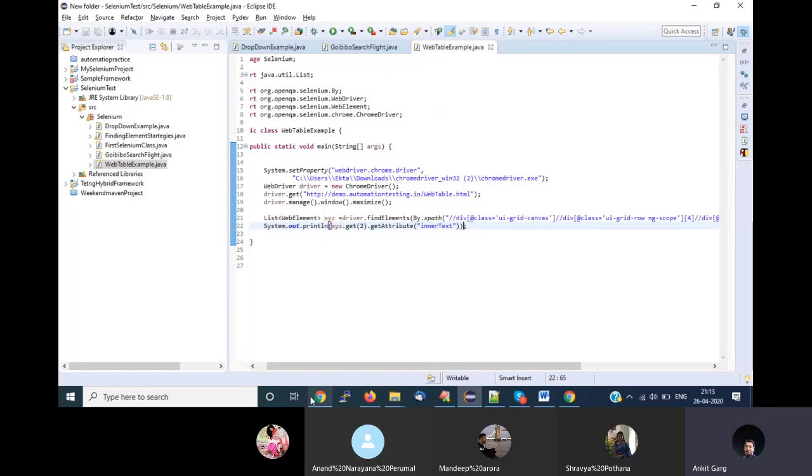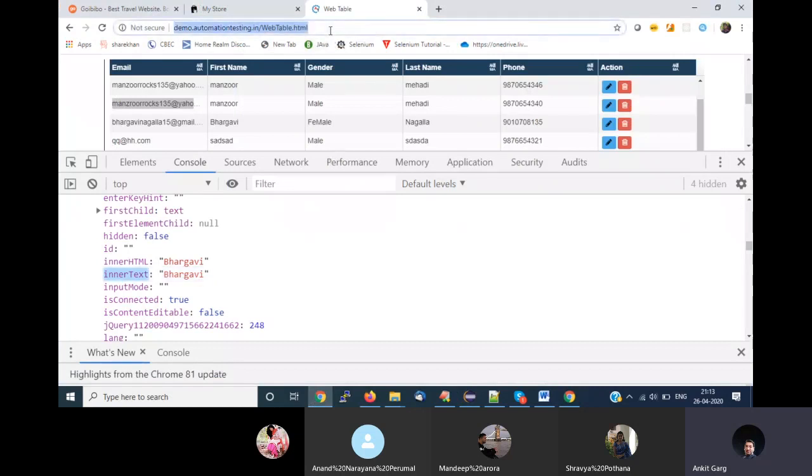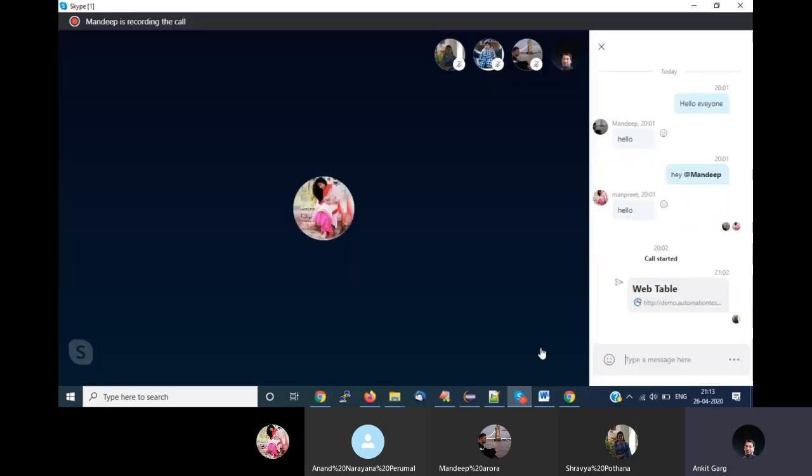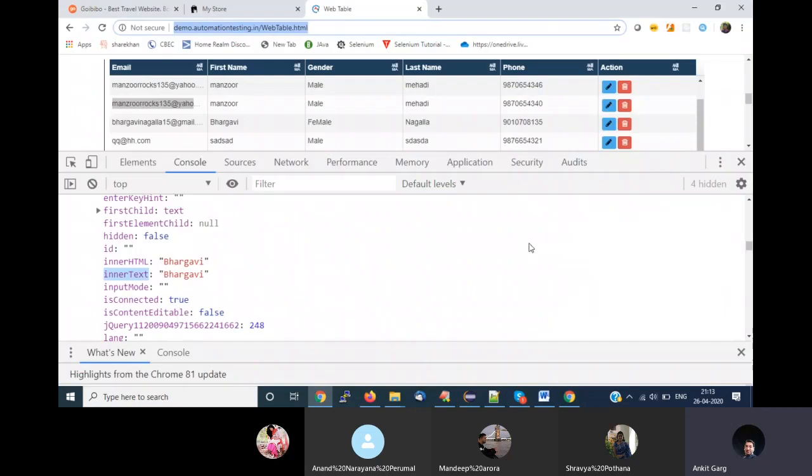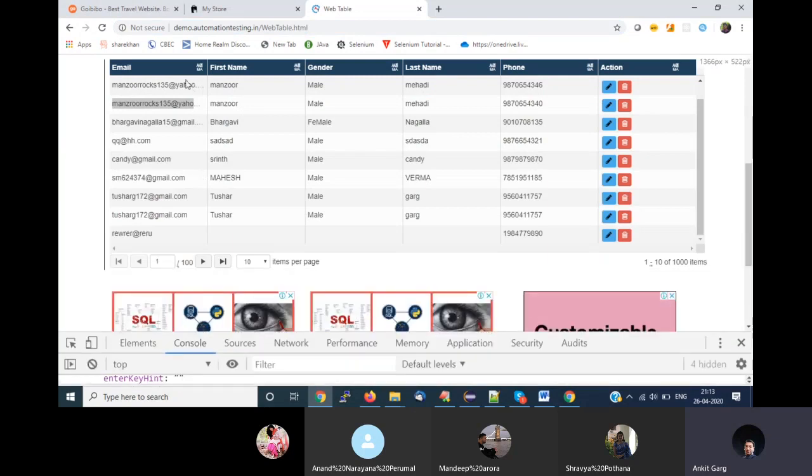Okay, let's do it in this way. I'll come to this example again. I've already given you this website. It's not in my notes. Try to find an element for this and try to print the emails for each and every row. That's my scenario. I want to print all the email IDs for each and every row sequentially.